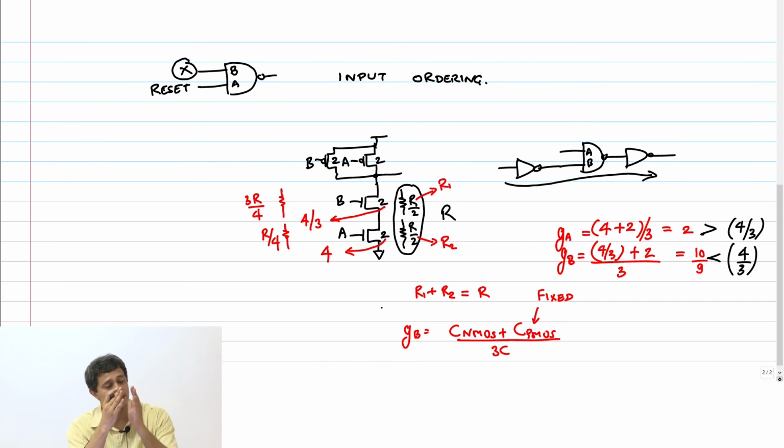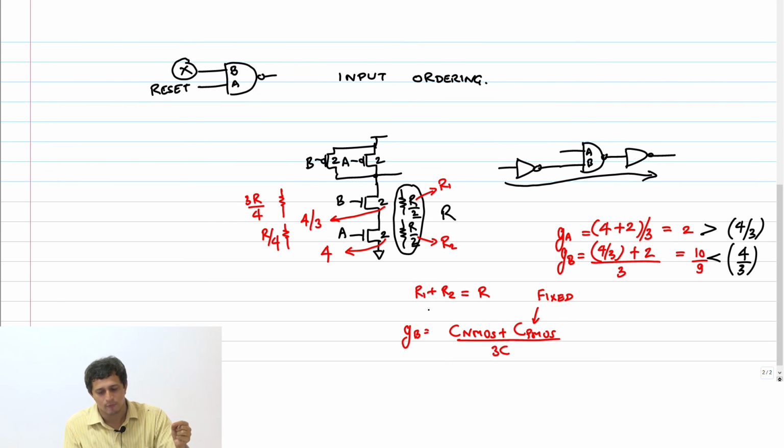So that is the key point that I'm trying to make here. When I say logical effort is a measure of the capacitance that transistor offers, or that input will see, for a fixed resistance of the stack. The resistance is not coming only from its transistors or whatever transistors that input is connected to. Resistance is coming from the entire stack, right? Therefore, you have these two resistances here, which are contributing to the total resistance. So what I'm doing is I'm ensuring that the total pull down resistance is the same.